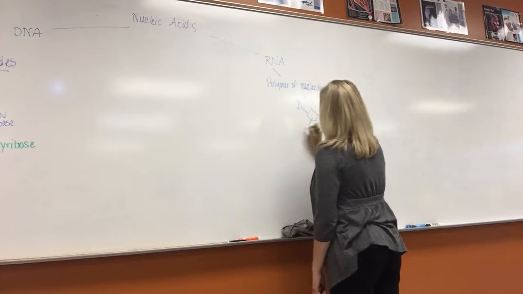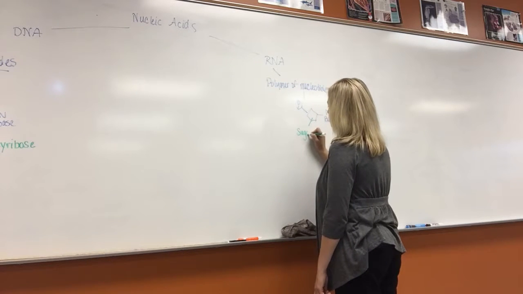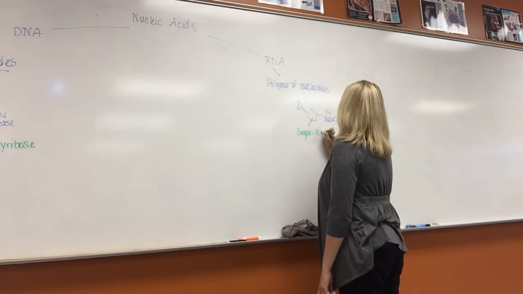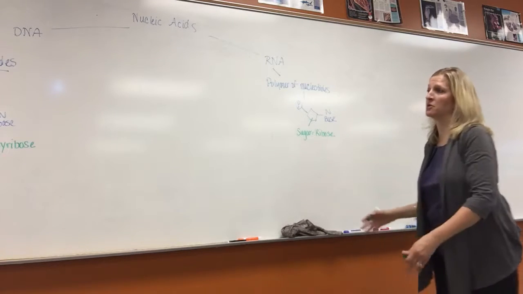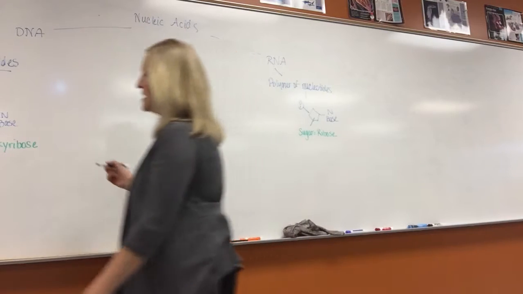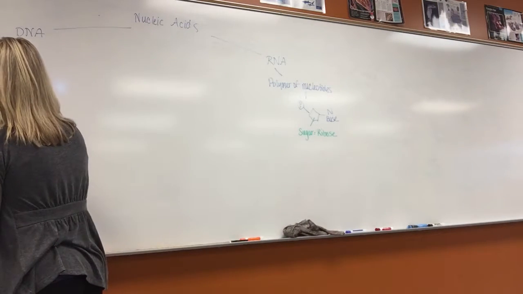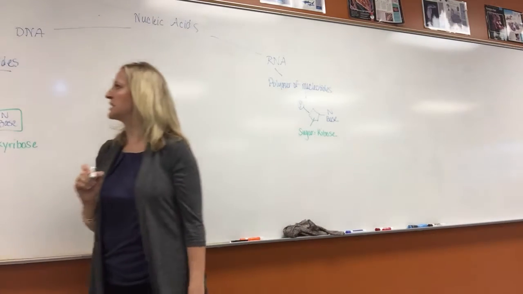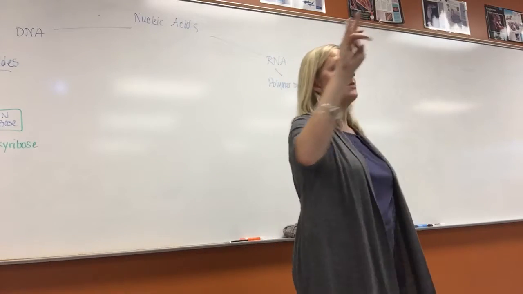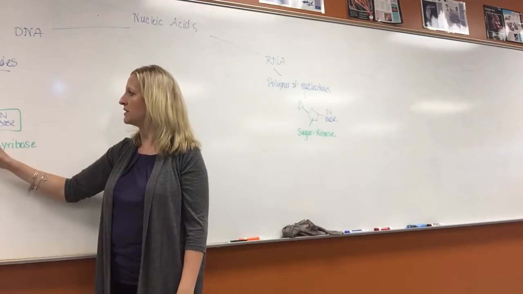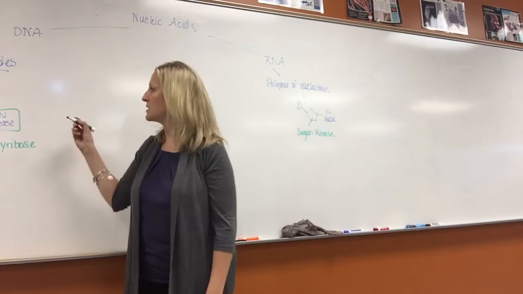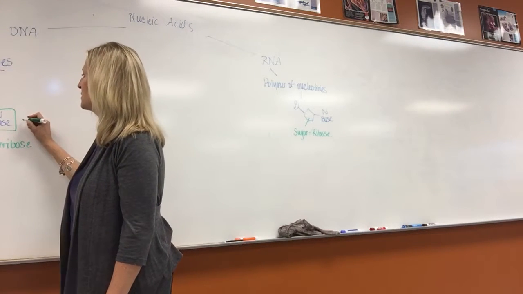The sugar over here with RNA is ribose. So that's one thing that makes it different, because they're both polymers of nucleotides. The next thing is the nitrogenous base. For DNA, you have 4 different options that can be plugged in here. All nucleotides for DNA have the phosphate, deoxyribose, and the thing that changes from one nucleotide to the other